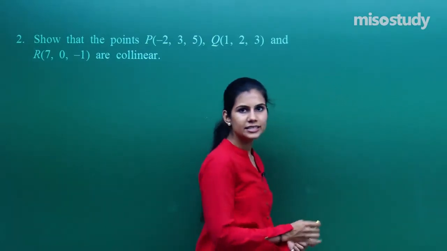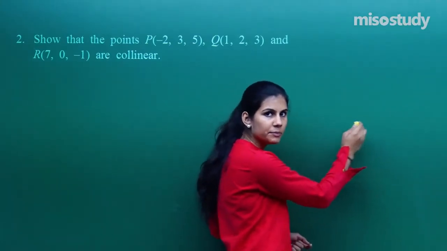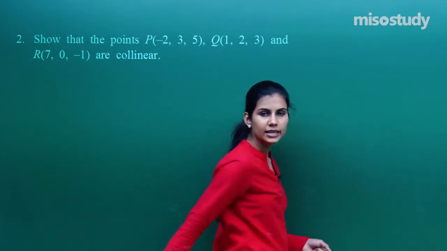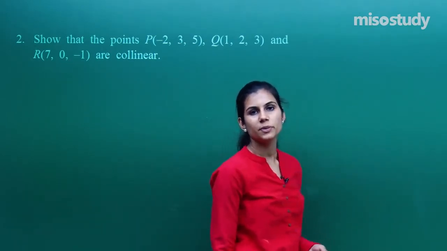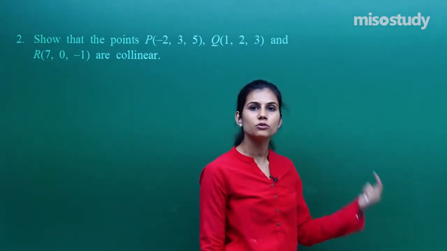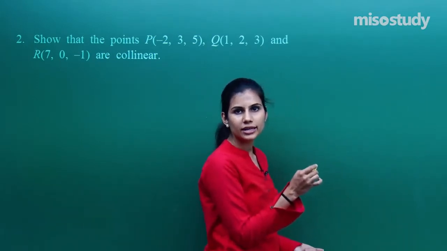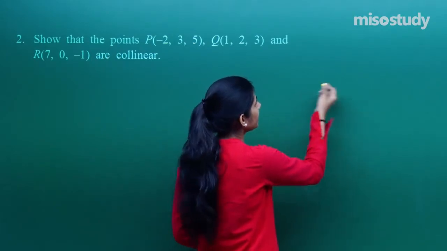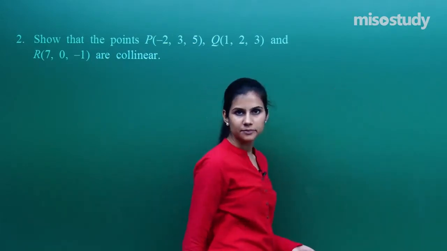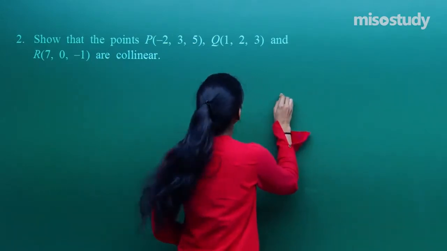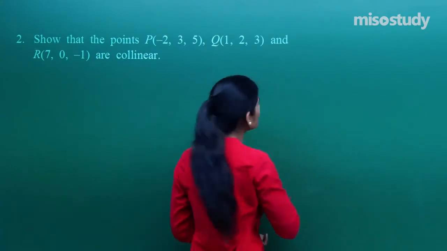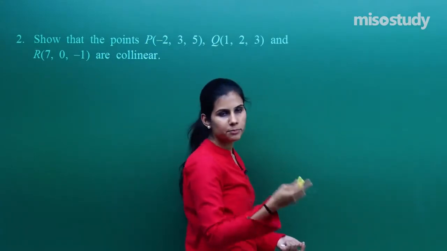I will be finding the distance between A and B, distance between B and C, distance between A and C, and watching out for this observation: whether the sum of any two sides is equal to the third side or not. I don't know which point is lying in between right now, okay? So anywhere can be A, anywhere can be B, anywhere can be C. Let's talk about AB. It's actually PQR, so we're going to talk about PQ, QR and PR.